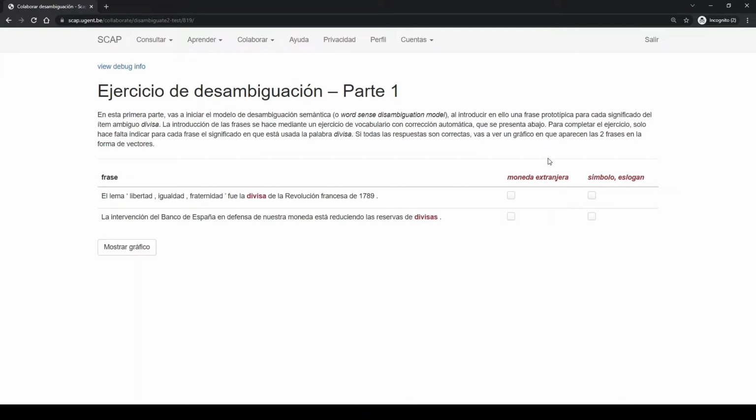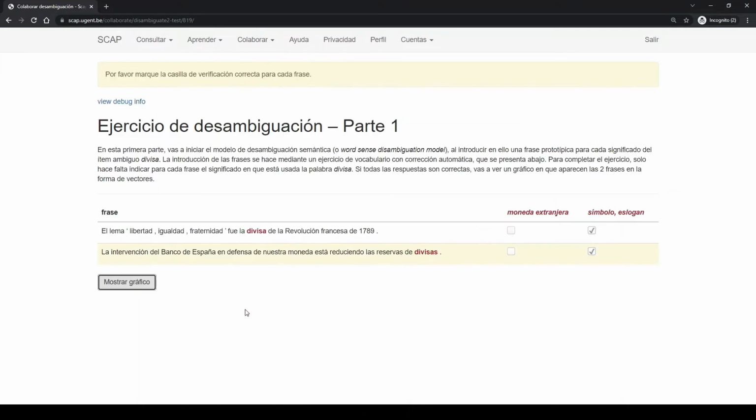So what we're going to do is solve this exercise. We're going to make a mistake to see what happens. All right, so a message here at the top stating that a mistake has been made. The second sentence is highlighted, which means that the error is here. So indeed, divisas in this sentence means foreign currency. In the first sentence, it means emblem, motto, symbol. All right, so now the exercise is correct, and we can go on to the next part in which a